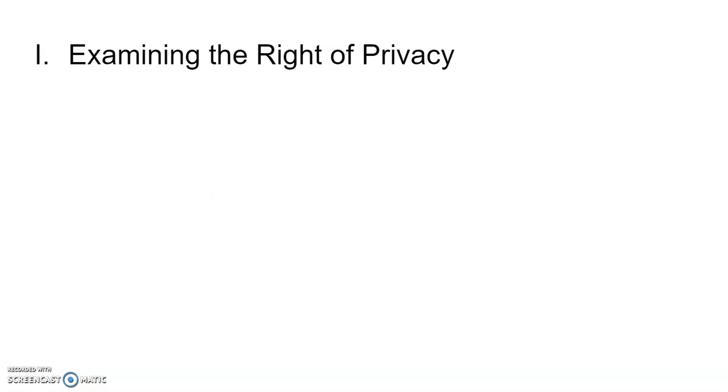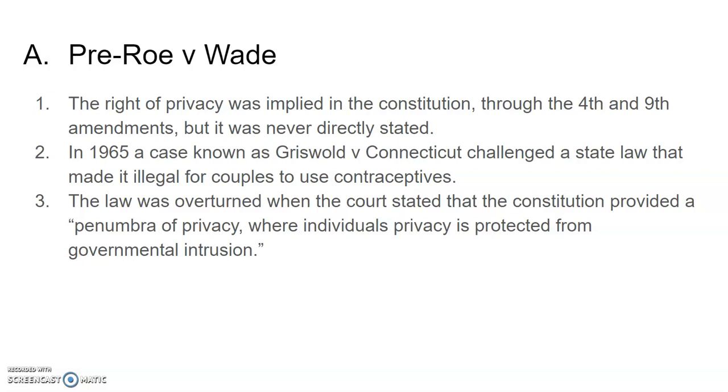So first, we're going to examine what is this right to privacy. There's nowhere in the Constitution you can find the right to privacy. It's not written in there. It's more of an implied right. We talked about implied and express powers of Congress and the president, so you kind of have implied and express rights. An express right is freedom of speech. An implied right would be the right of privacy. It's never stated in there, but it's inferred, especially in the 4th Amendment and the 9th Amendment. There are tons of cases you can make, but those are some of the best.